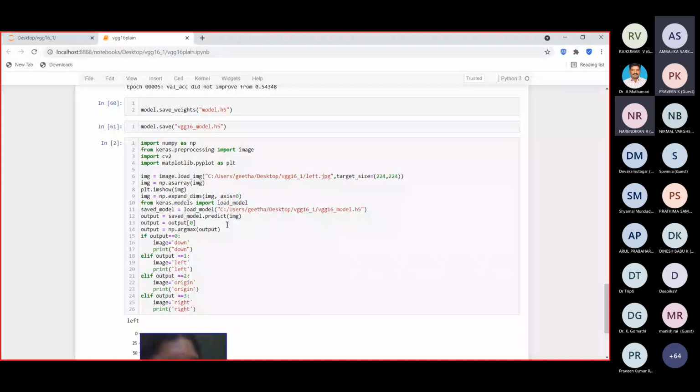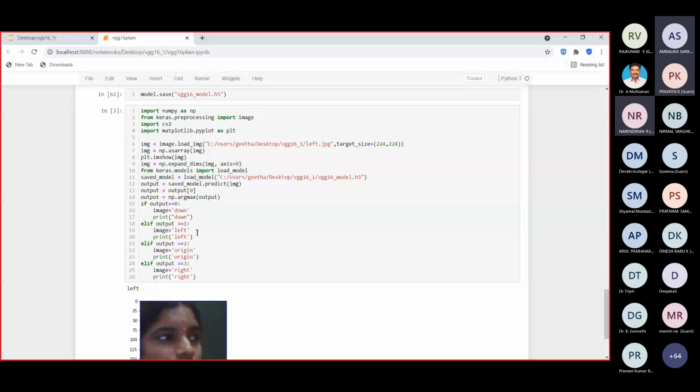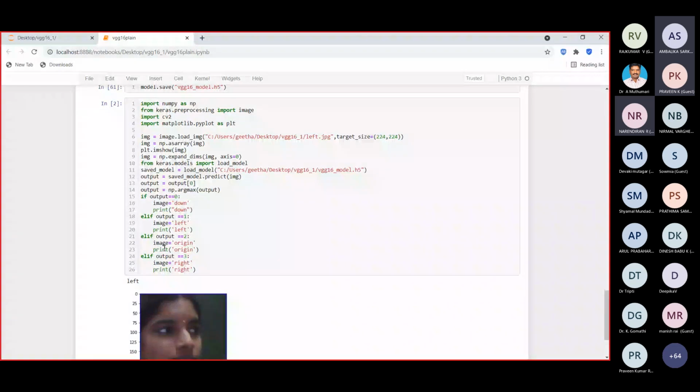Then you classify: if the output value is 0, I label it as down; if the output value is 1, I classify it as left; if the output value is 2, I classify it as front; and if the output value is 3, I classify it as right.